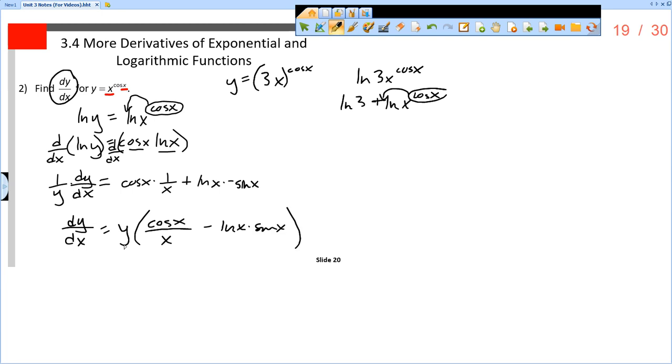All right, and so now instead of y, we go back to what the original function was, y equals x to the cosine x. So instead of y, I'm going to put x to the cosine x. So dy/dx is x to the cosine x times the quantity cosine x over x minus the natural log of x times the sine of x. All right, and that is